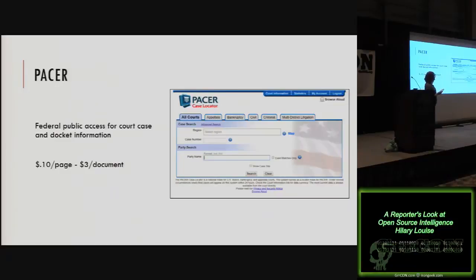But there's lots of information. You got case, you got docket info for U.S. districts, you got court of appeals, you have bankruptcy courts, you have federal court opinions, pretty much anything that's federal government. Now, if you don't want to pay 10 cents a page or $3 a document, you can use